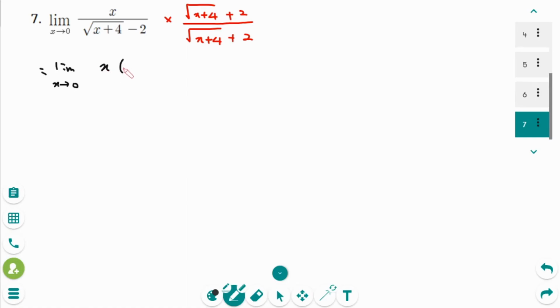So x times square root of x plus 4 plus 2, and expand the denominator, square root of x plus 4 squared minus 2 squared,